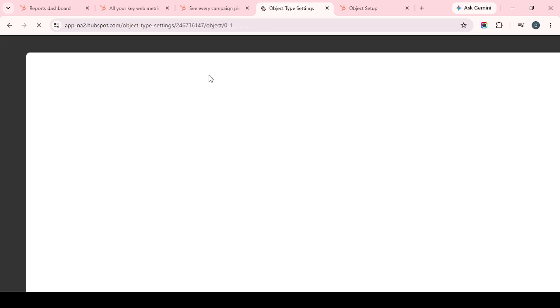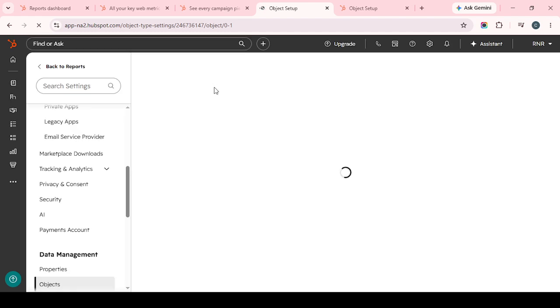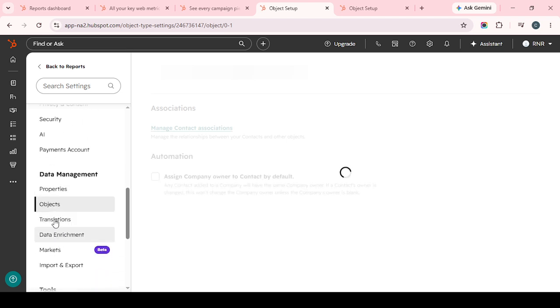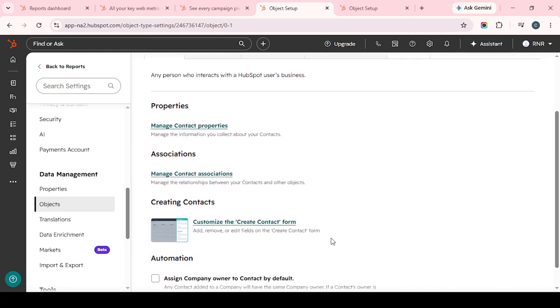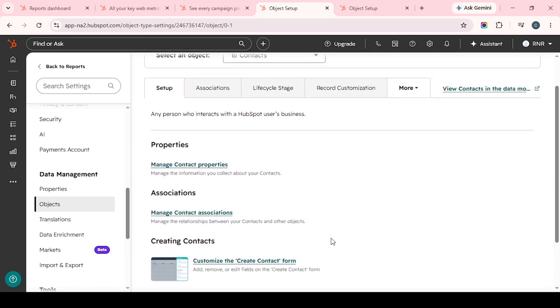Negative scoring helps balance the model so contacts aren't ranked too highly based only on a few positive actions. This makes your score more useful for prioritization and follow-up. Once you've finished adjusting both the positive and negative criteria, click Save to apply your changes. After saving, your updated HubSpot score rules